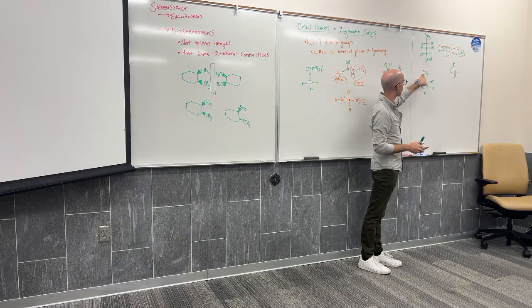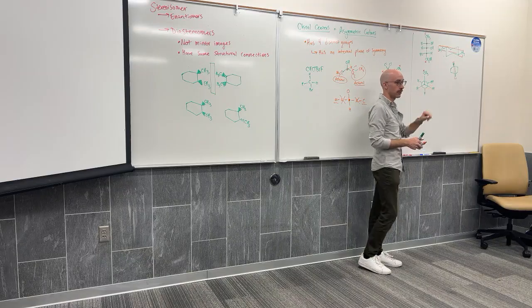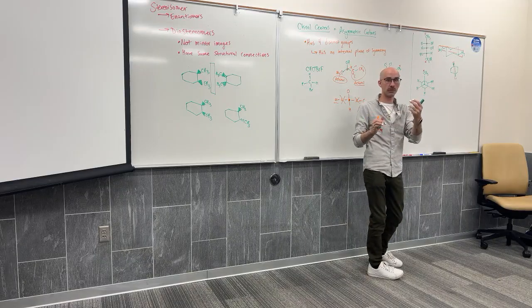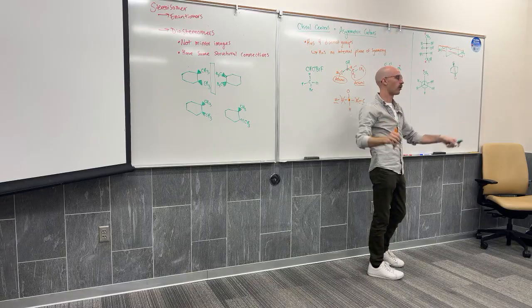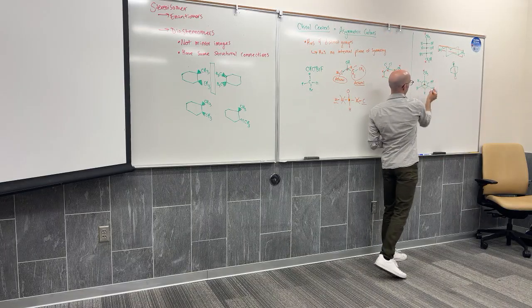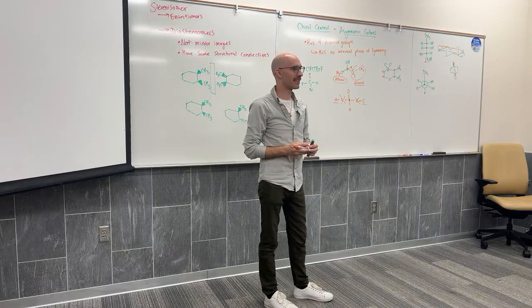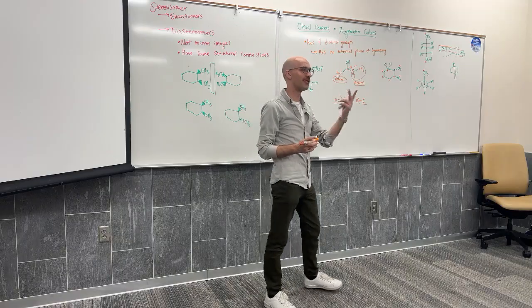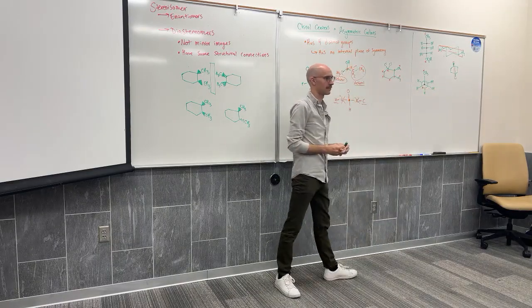But is the CH3 group the same as my back group? No, the back group is a CH2OH. So that's 4 distinct groups: CH3, CH2OH, H, and OH. That's a chiral carbon. And what about the circle? The carbon in the back. Why is it achiral? 2 hydrogens. Those hydrogens will be able to reflect into each other.